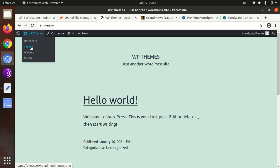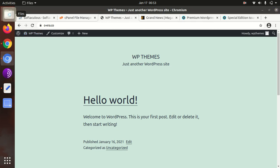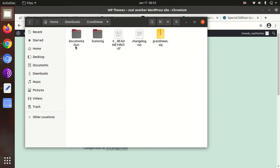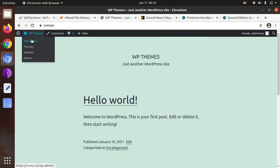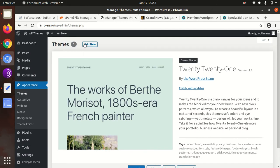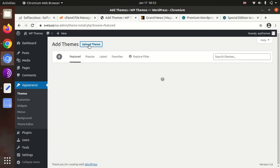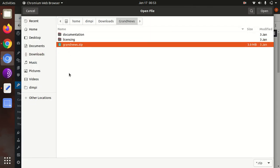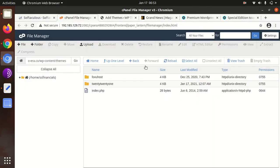Go to the themes section, and first I'll show you the theme pack, what I got in the theme pack. This is the theme pack. I got documentation, licensing and the theme file itself. So let us begin the installation. Go to the theme section of WordPress, add new, upload theme, choose file. Here you need to choose goodnews.zip,